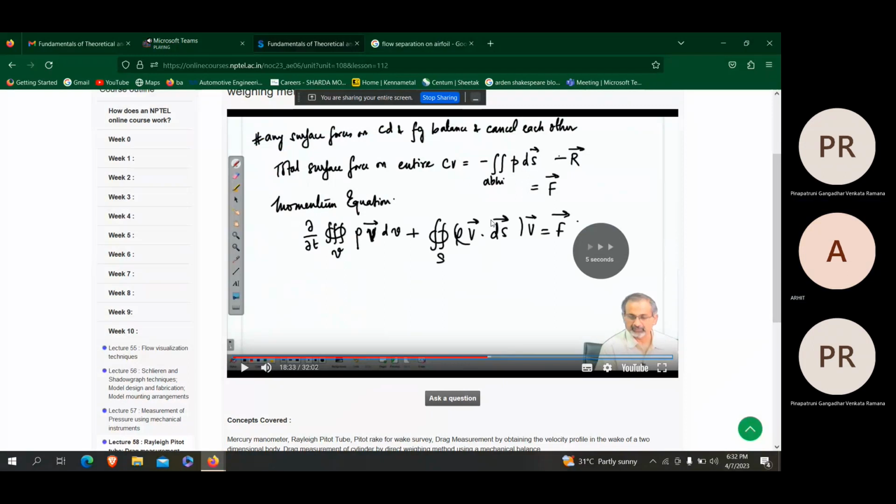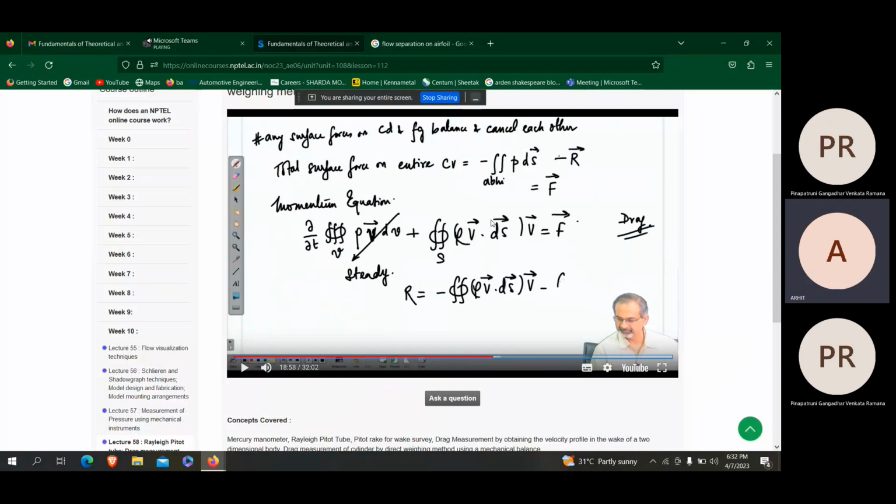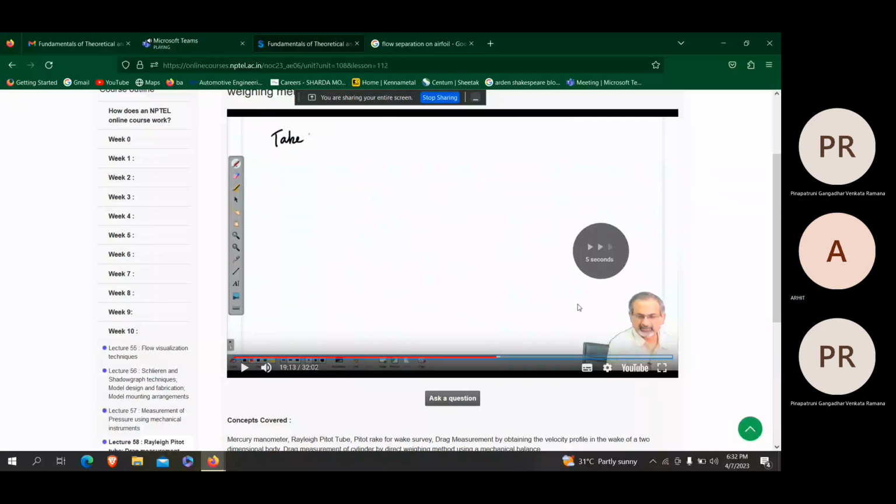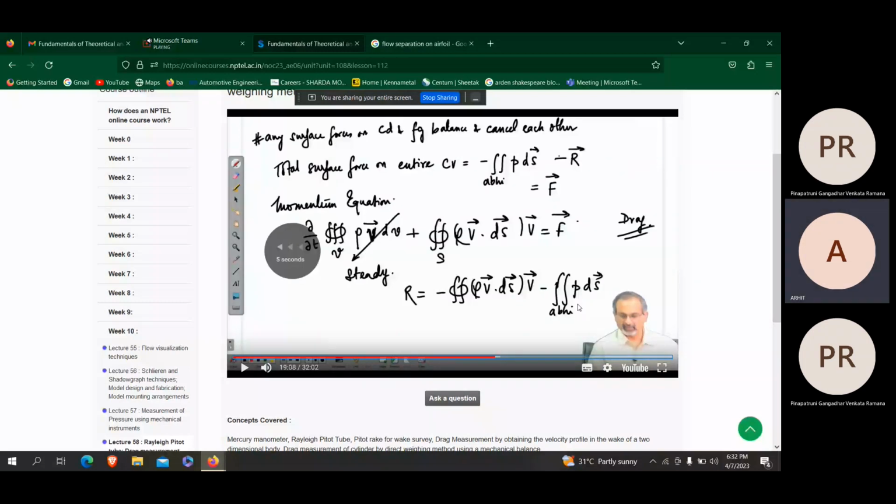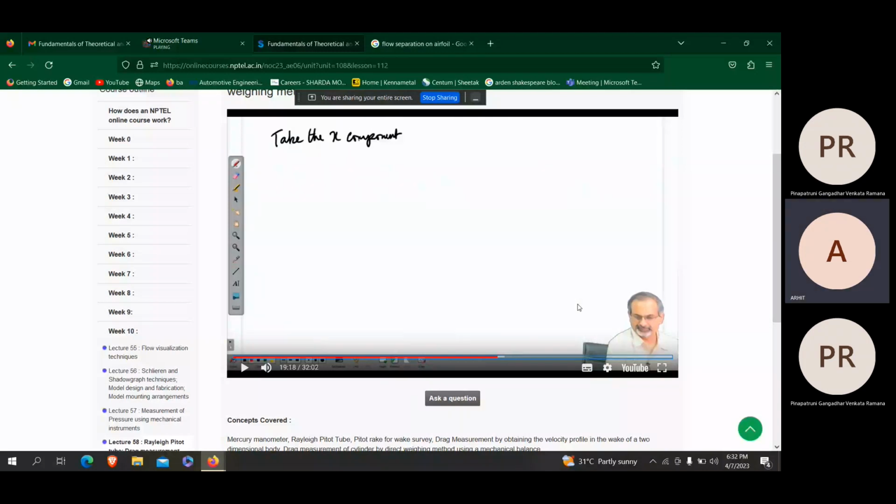Momentum equation. So do you remember this momentum equation? No, sir. Actually, I forgot about this. In week 3 or week 4, I studied about it. It is a part of the Navier-Stokes equation where we started. Yes, sir, it was part of that. So using that momentum equation only, they're trying to